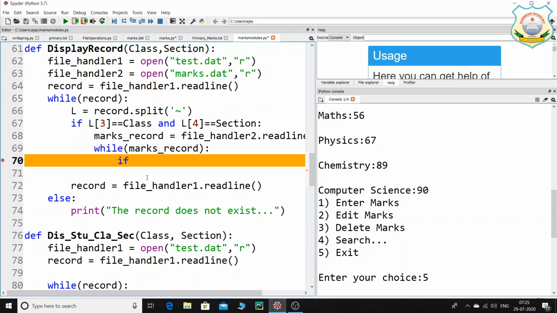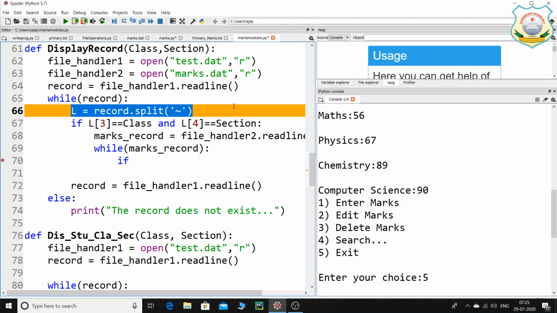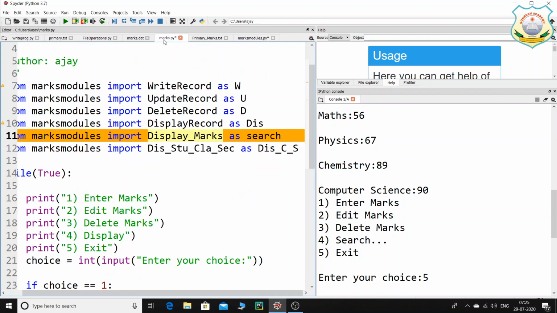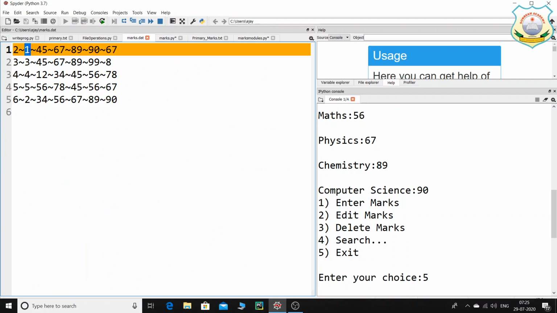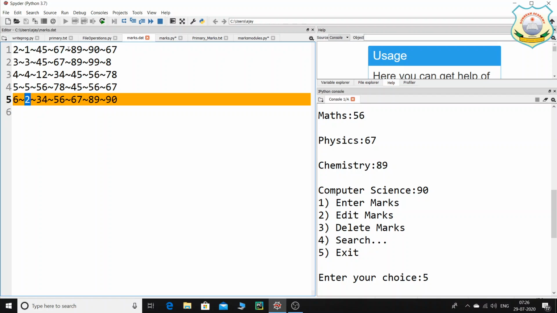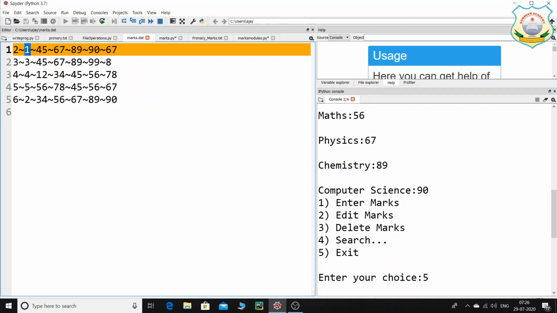So I'll be comparing, but before that I have to split as well. This is also very important. And over here I can give the name as L2. This is L and this is L2. Again I'm going to split, and in L2 of 1, what do we have? See, what I'm trying to do is, this is the registration number, this is the foreign key, right? So this is L of 0, this is L of 1. I'm going to compare L of 1 with